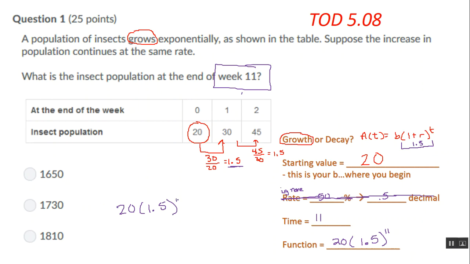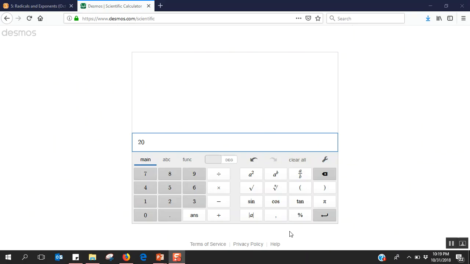So let me grab up Desmos and show you what this looks like. So if I'm in Desmos, I have 20 times 1.5. Make sure you put the parentheses. And then I'm going to put the exponent. I hit this A to the B button, and it gets me my exponent, and I hit 11. So notice I get